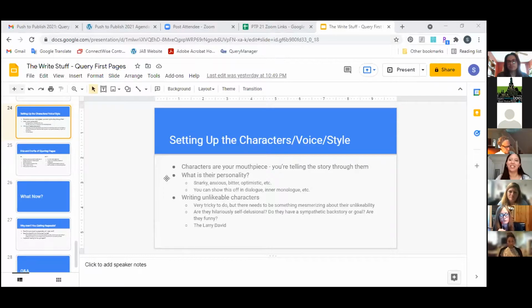But in fiction, we want to give our characters layers. So if they're all going to be nasty, do something with it. Either you can give them a sympathetic goal or backstory, as I mentioned, or they're funny about it, because sometimes the nastiest characters can have the best sense of humor, the best quips. And it's sort of like, I will let this slide. I will keep reading about this character because they're so amusing to me that I want to hear from them again.